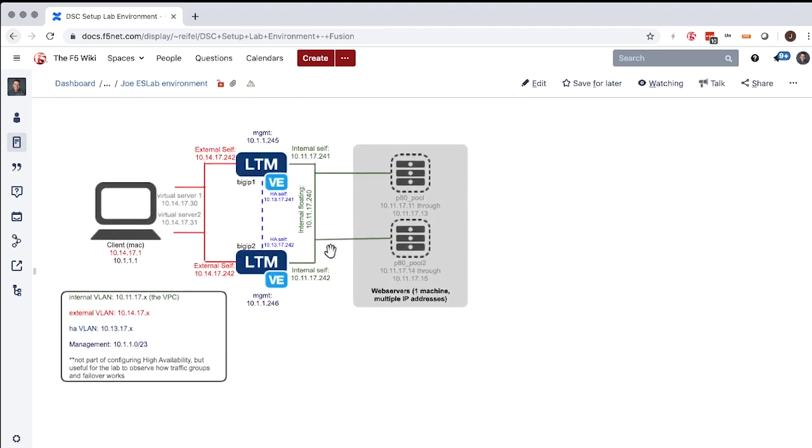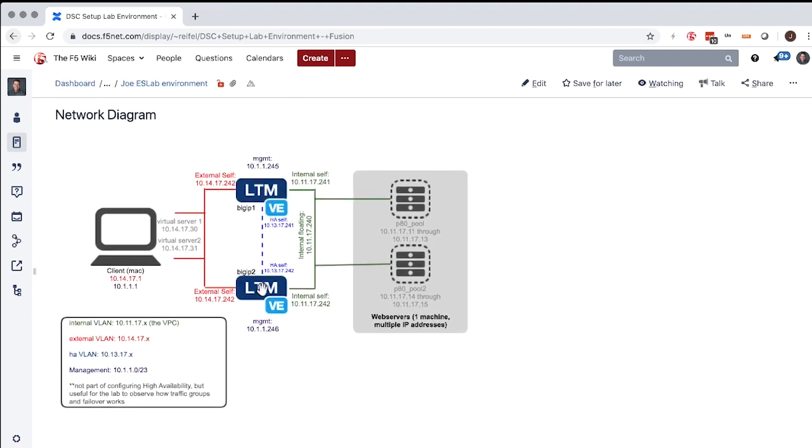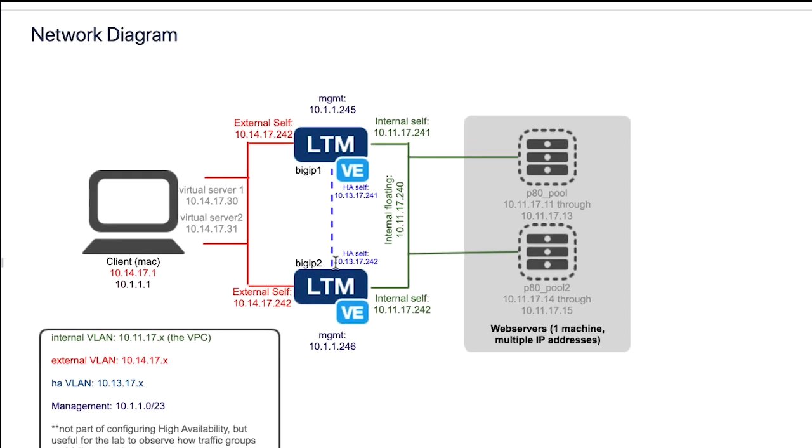create your initial cluster. You will need a couple of virtual editions or big IP devices, of course, and then you need to have some idea of what your network topology is going to be. So what I will be using is a 3 VLAN configuration. It'll have an internal and external and a high availability VLAN. The external will be on the